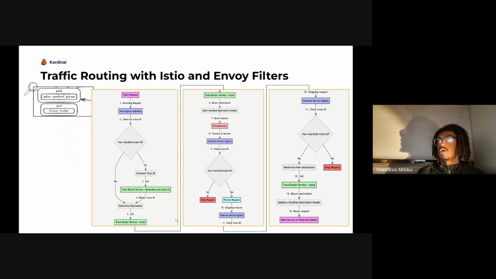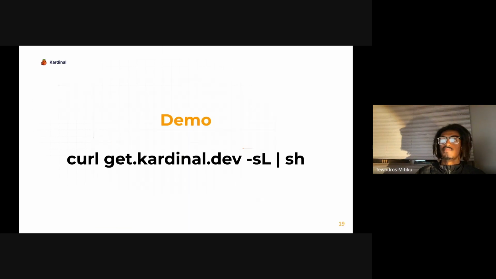Cool. So I think that at this point, it would be a great time to actually do this demo that should make a lot of what I'm saying a lot more concrete. I'm going to be doing a live demo. I know that these are cursed, but just in case, I've got a backup video in case anything breaks along the flow. So if that sounds good to everybody, I'll switch over from the slides and get started with showing off some of these Kardinal features.